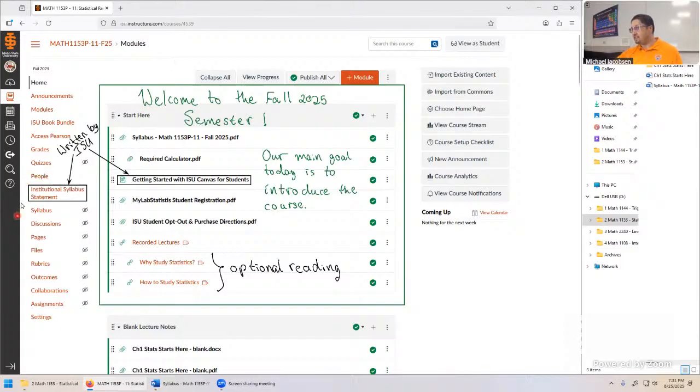Okay, let's get started. So first thing I want to point out is a lot of the stuff that's in these black boxes has been written by ISU. If you read them already in one class, it's the same statements in the other classes. There's an interesting kind of legal lease type of statement that they wrote out here, but good to read at least once or skim through. And if you're having trouble with Canvas, this is their support page right here. You can always just email me as well. I'll be happy to help out. I'm learning it as well.